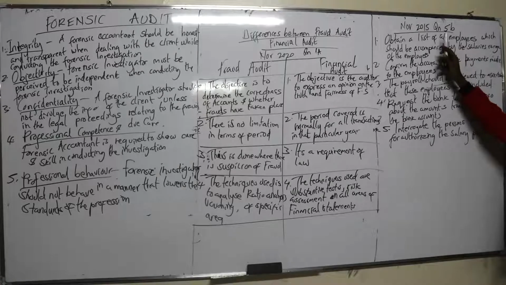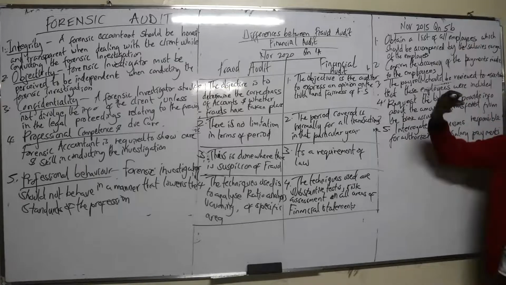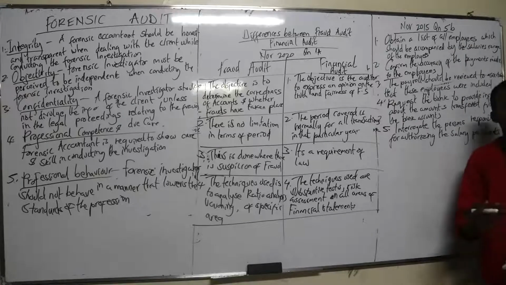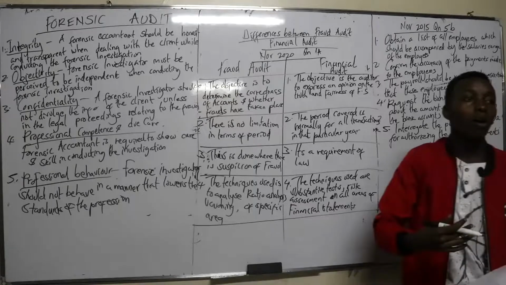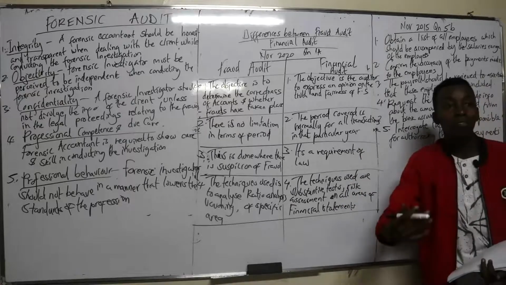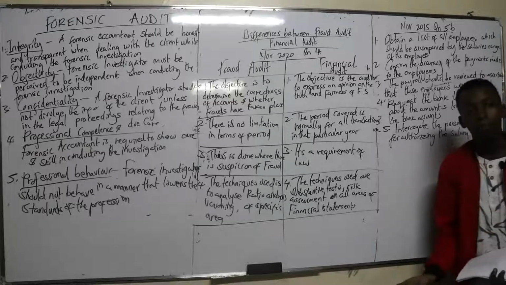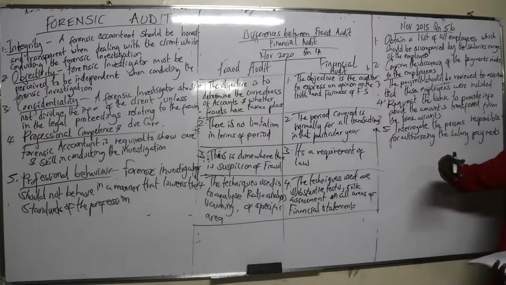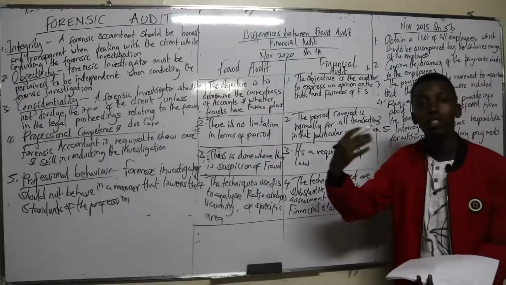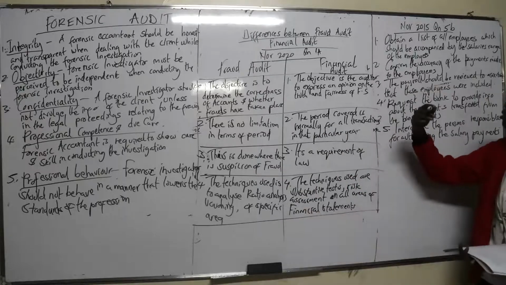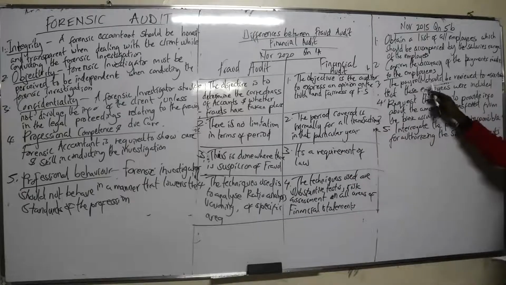In this case, it's just on the basis of what do I need first. First of all, if I am to know how many people are to be paid, I should have a list of everyone who is to be paid. Secondly, I will confirm the amounts that are paid to them by also involving the bank and also checking on